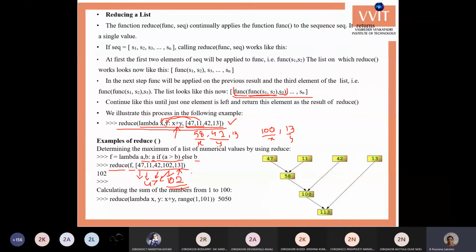Again the function is applied on the previous result and the third value, or next value.